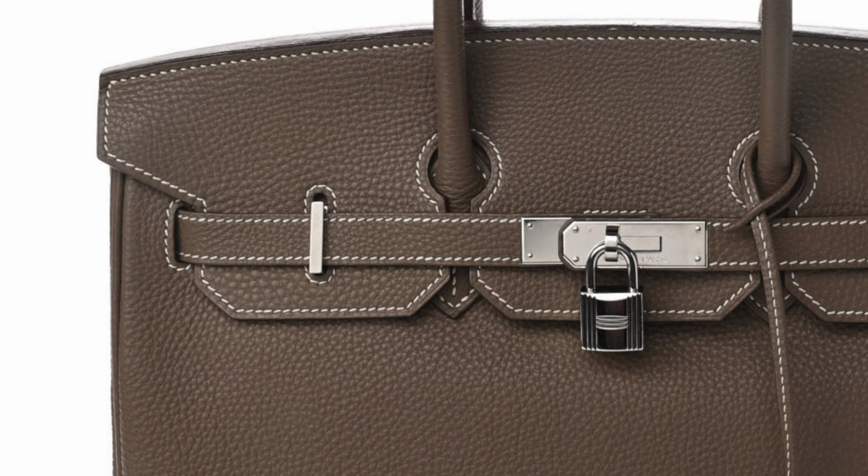And while Hermes' prices are based on how much raw materials, how much work goes into each one of their creations, the preloved market bases their prices on demand and supply, and there just simply isn't that much demand for larger bags, at least not on the preloved market. So if there's a larger bag that you've been eyeing, it might be a good time right now to get them preloved, because honestly you can save thousands and thousands of dollars on some of these pieces,